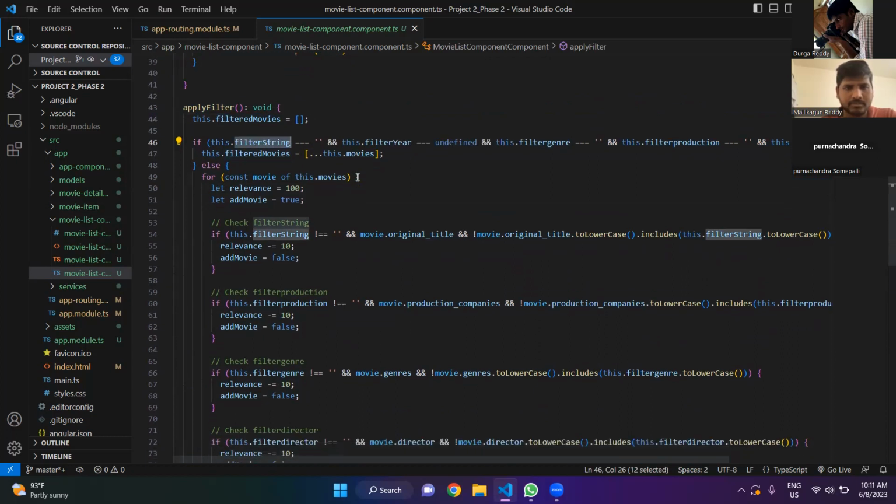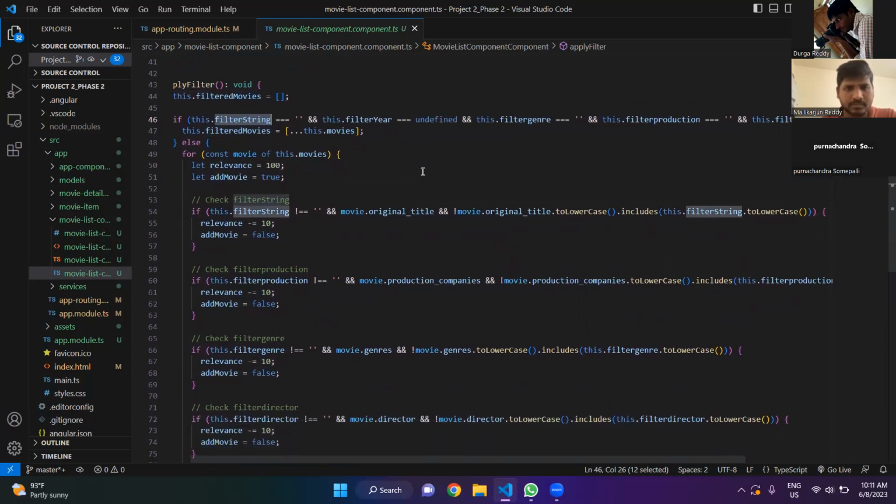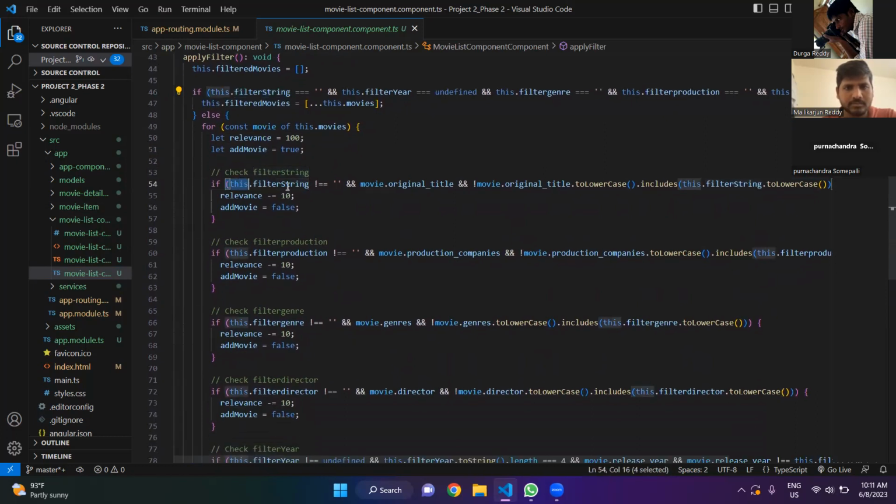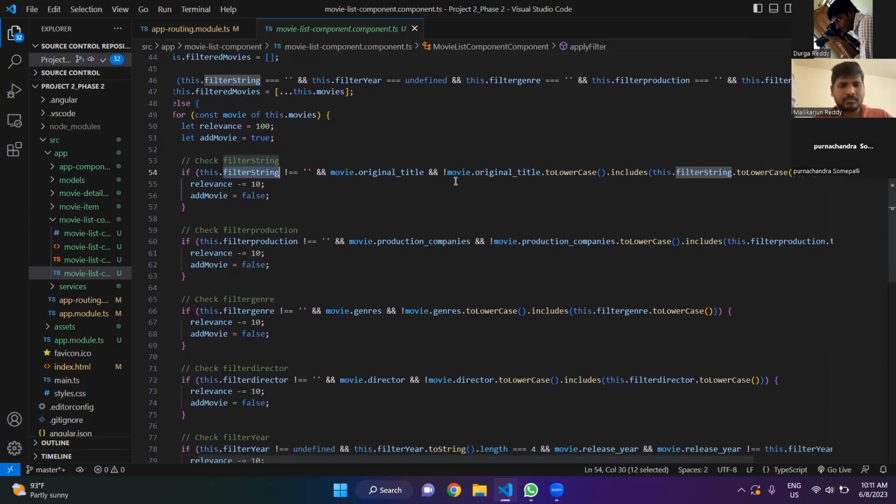This is the condition where we are checking. The filter string is what we entered, and the original title is already present in the data. We are comparing both, whether our movie name and the data movie name are the same or not. If it is the same,